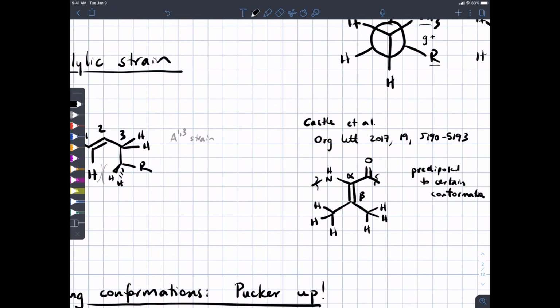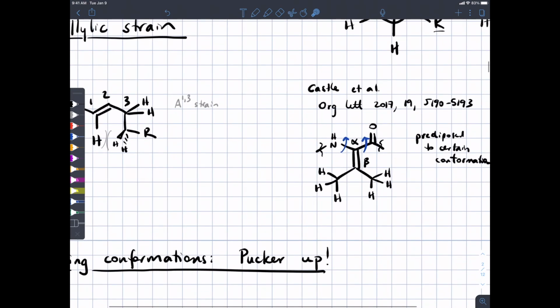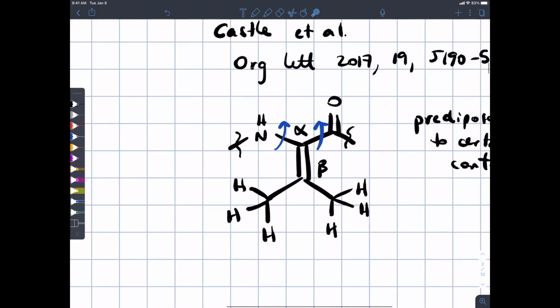If you notice in this amino acid, there are a couple of bonds that chemists are interested in for details of peptide and protein structure. There's this bond between the nitrogen and the alpha carbon, and then a bond between the alpha carbon and the carbonyl carbon. Those dihedral angles at those bonds are influenced by the presence of these bulky groups here. And this is an example of allylic strain, A1,3 strain,